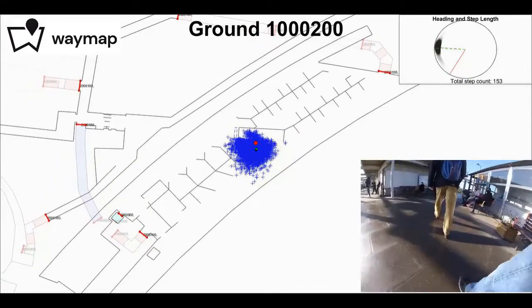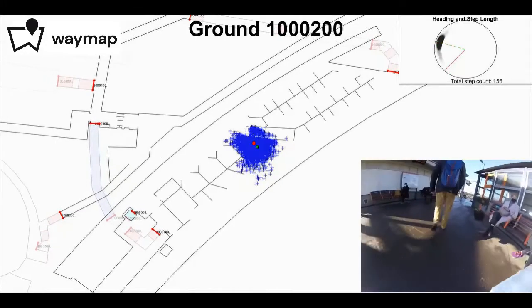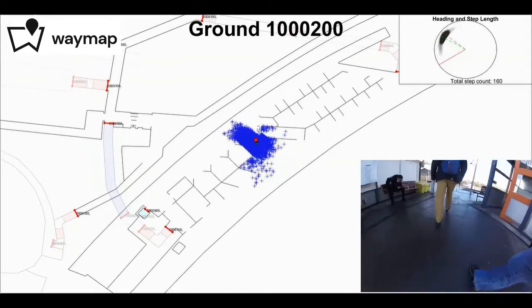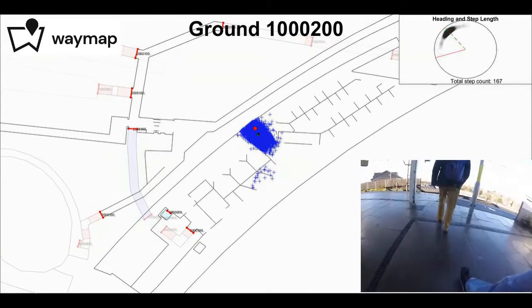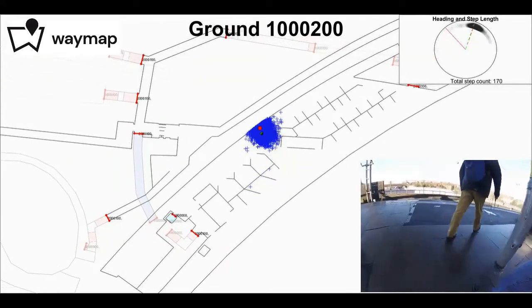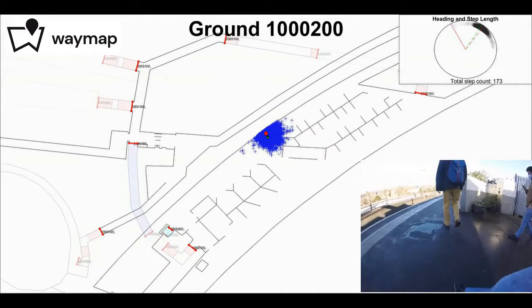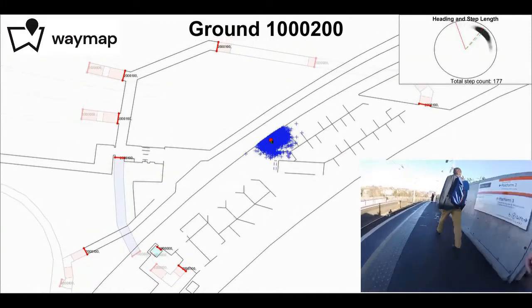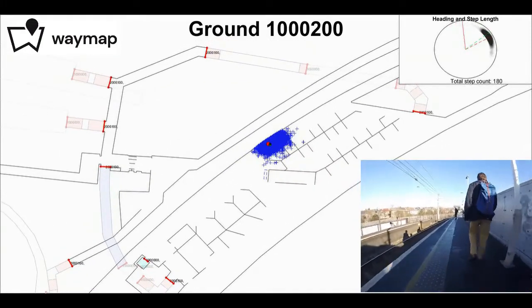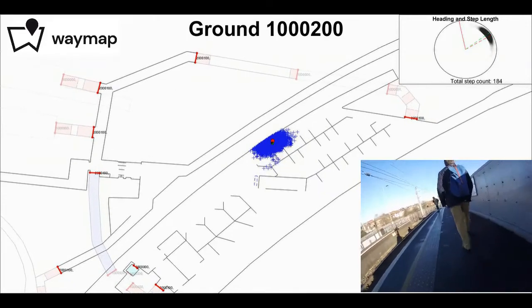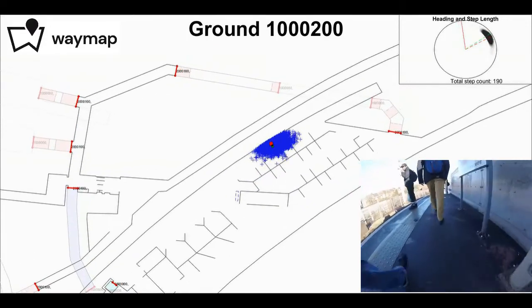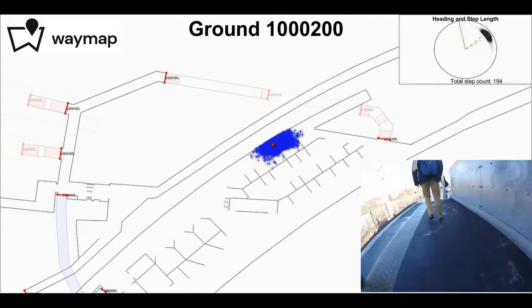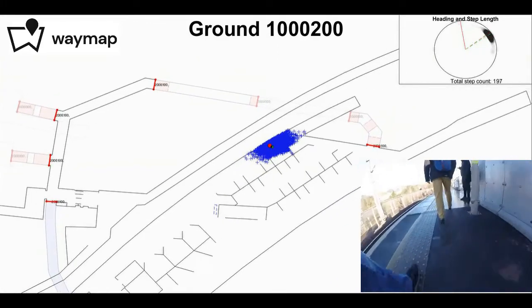So this video is being generated from all of the IMU data, the raw sensor data that's been collected during Tom's walk, and it's being generated on the PC. But normally this algorithm would be running on the mobile phone in real time. The red particle is what we call the best particle, so that is the most likely position for Tom in most circumstances. The other two coloured dots are effectively the centroid of the overall